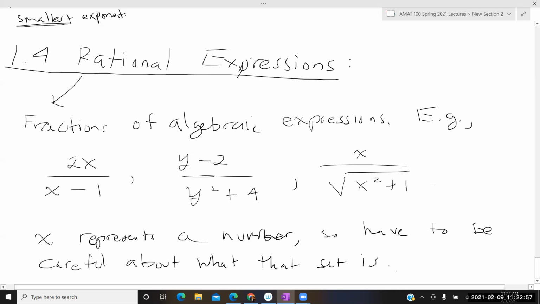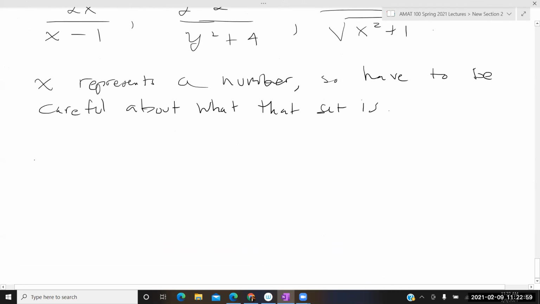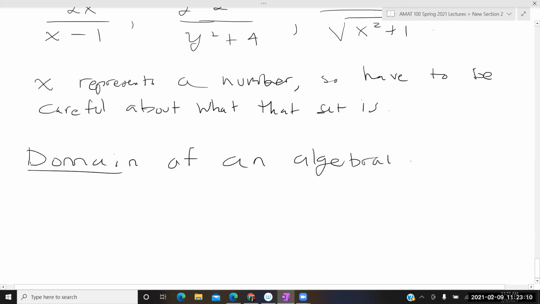And this is where the notion of a domain of an algebraic expression comes into play. So the domain of an algebraic expression, which includes these rational expressions,